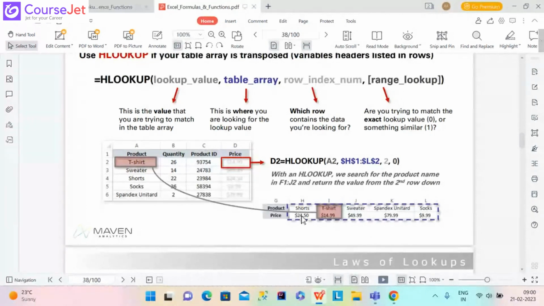So it's going to go row by row until it finds the lookup value, which in this case it's finding in row 5. It will go row by row. So it will go till